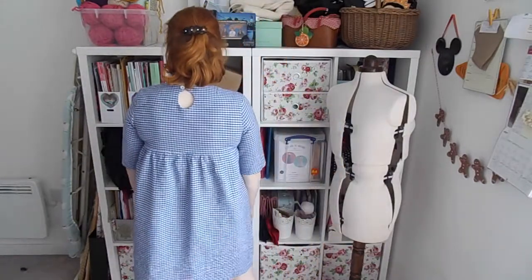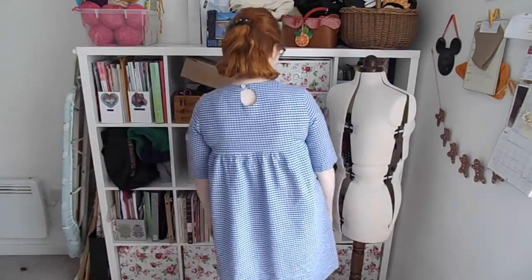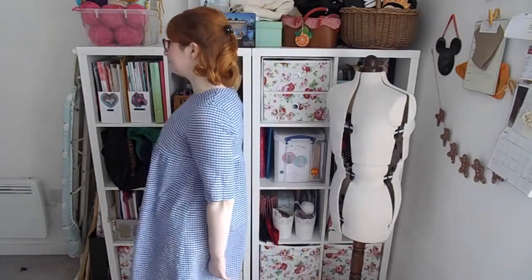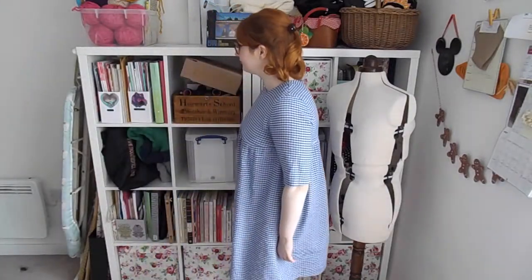When I first made it, I thought, God, when am I ever going to wear this? It's so ugly and unflattering. But I wear it a lot when I'm feeling a bit unwell and need to get dressed, if I'm travelling somewhere and want to be comfy, and now it's so good to have during the Great Plague of 2020. I made it from a blue gingham tablecloth I bought at Tiger, and it has a keyhole fastening at the